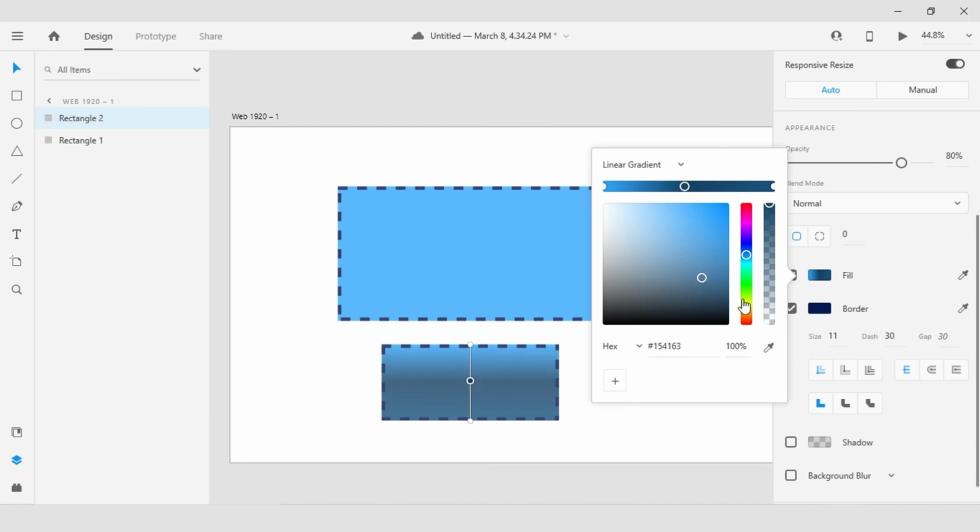So having said that, notice that with linear gradients still defined here in the pop-up, on the canvas I have a bit of a path or an indicator. This allows me to determine how the linear gradient appears. So if I want to make it even more stylish, I can drag it out here and bring it off to the side. So I control how that linear gradient is applied.